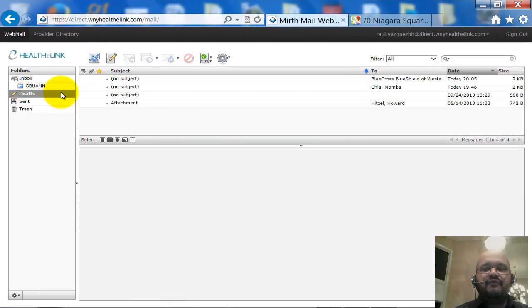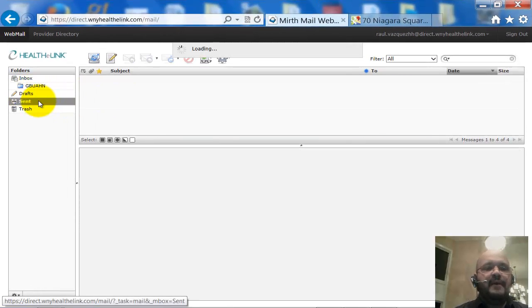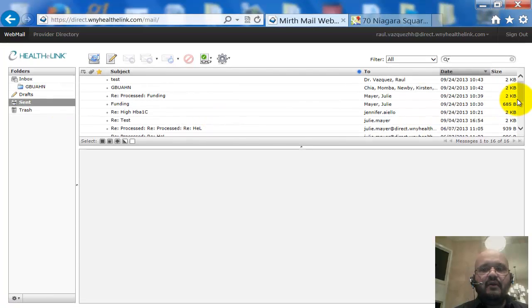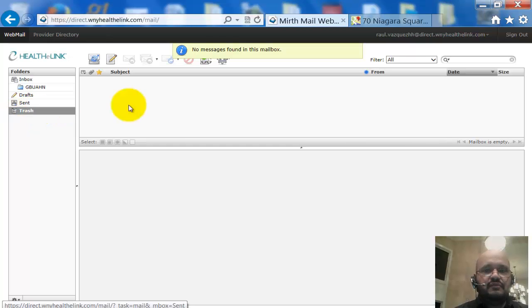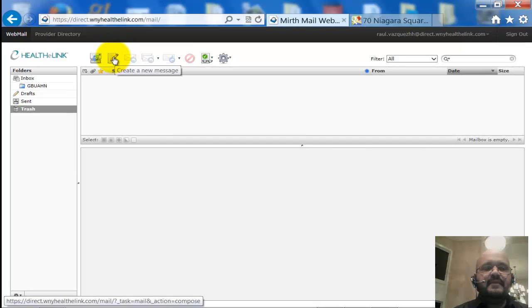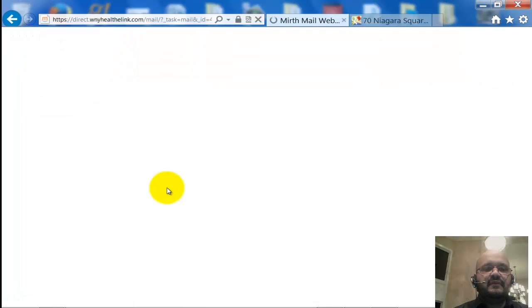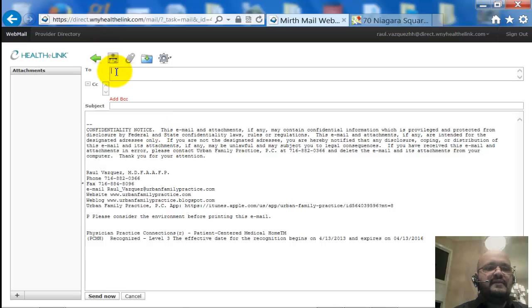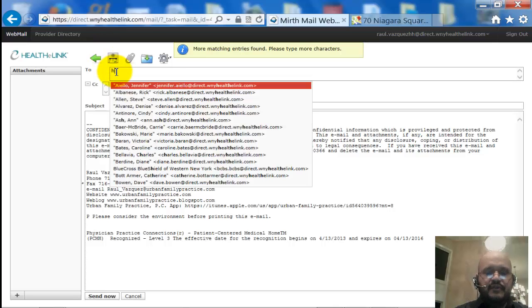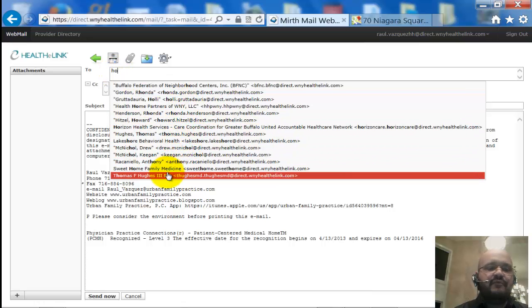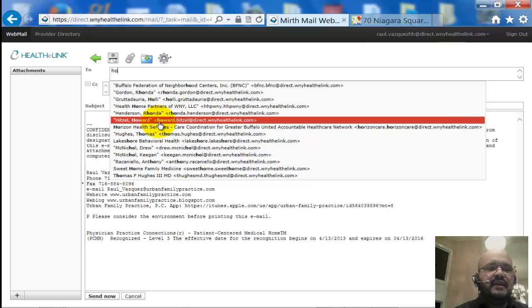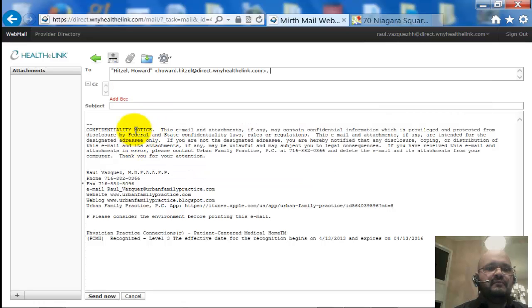You can look at draft reports that were sent out before. All the sent emails that you did can show up here. And if you put something into the trash, you're going to be able to also look at that. So simple, it's a simple email system. You click on an email. One of the nice things is as you start to type for someone, it actually gives you a pull down of all the players that you have within your network to send an email. So for example, I'll click here. You can CC, put your subject matter,